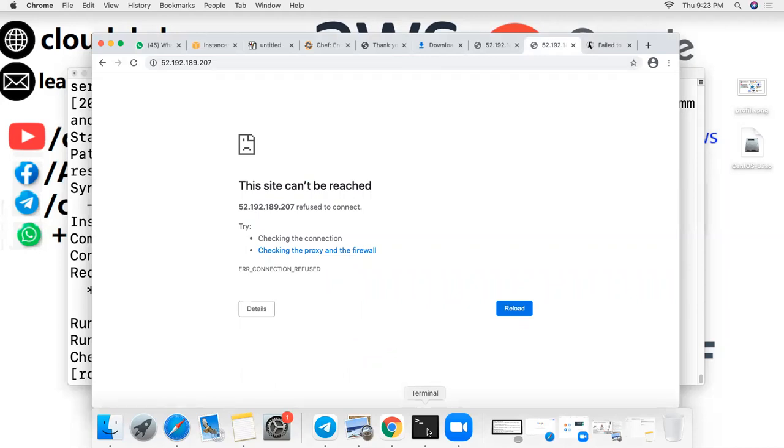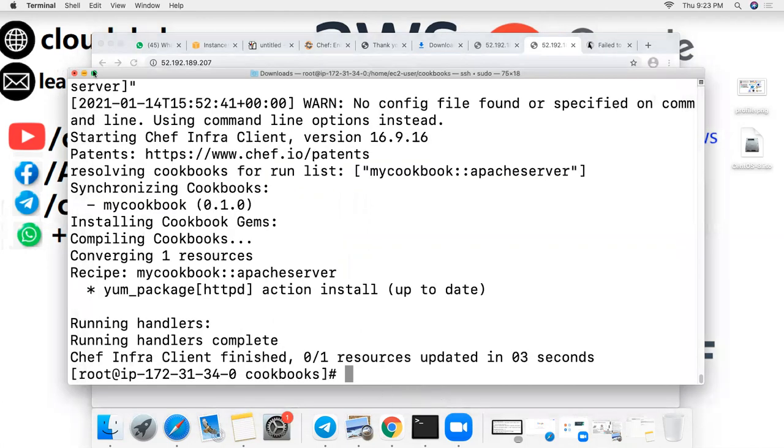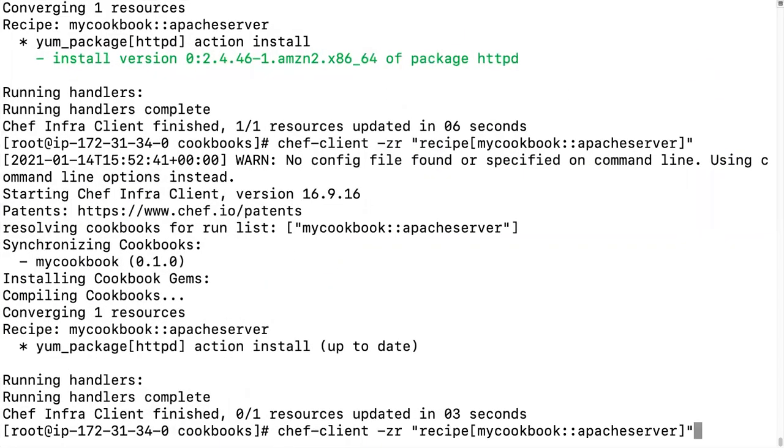We can set it to start automatically. So let's enable it. We can also enable it with the Ruby command. Let's check. We are going to update this file.